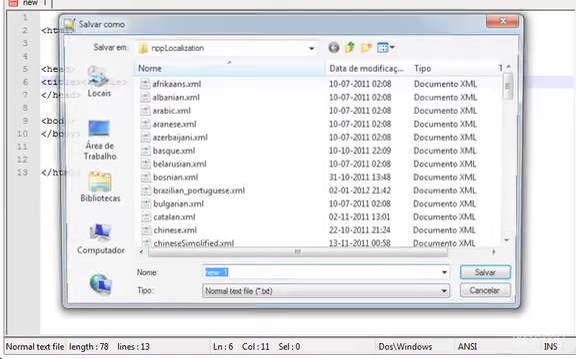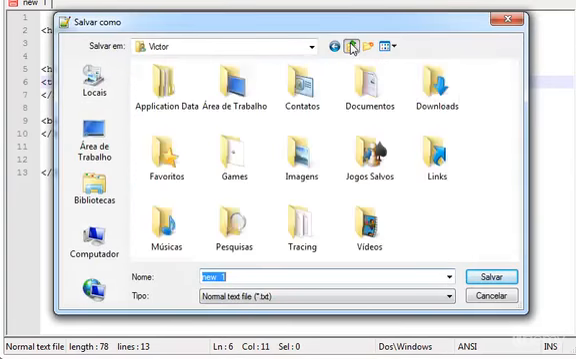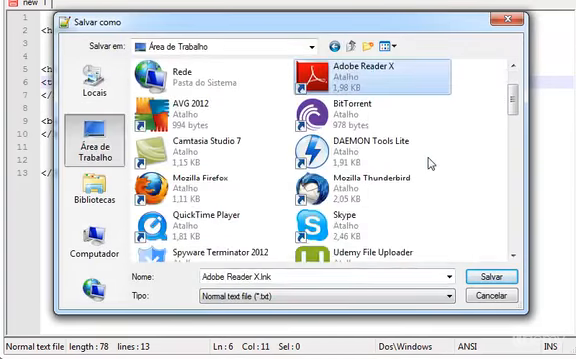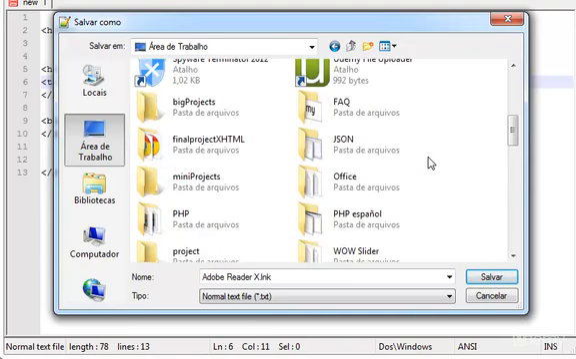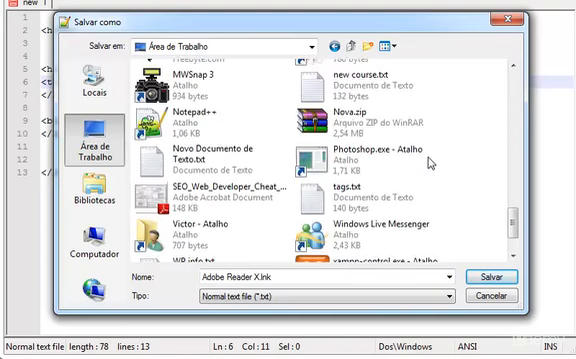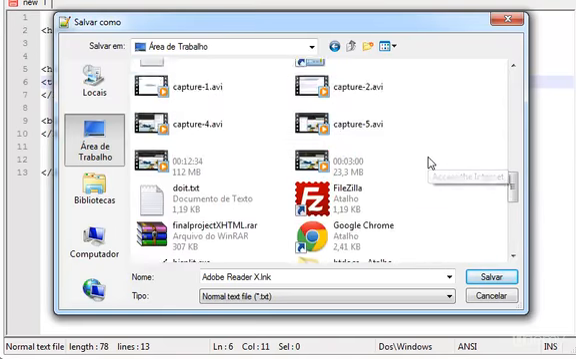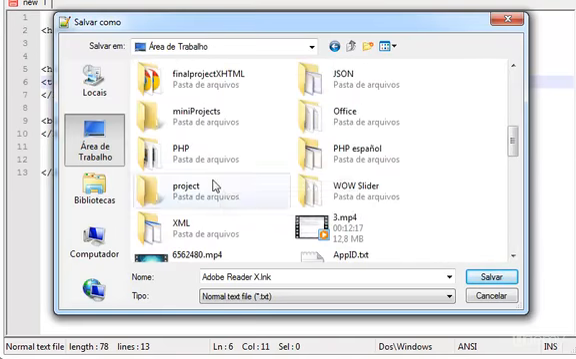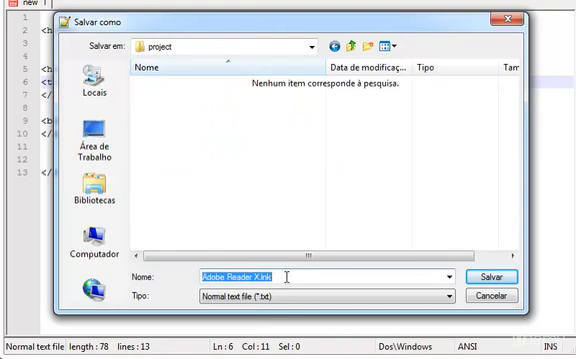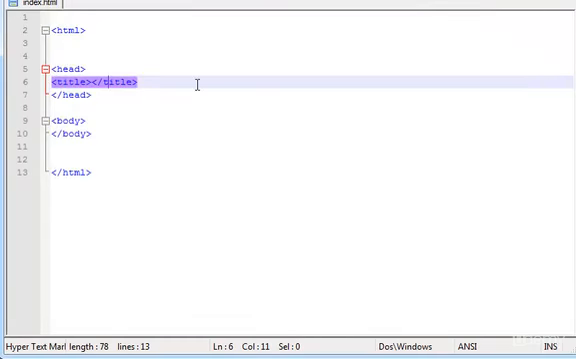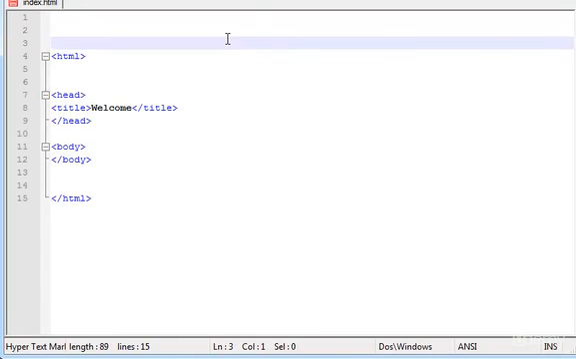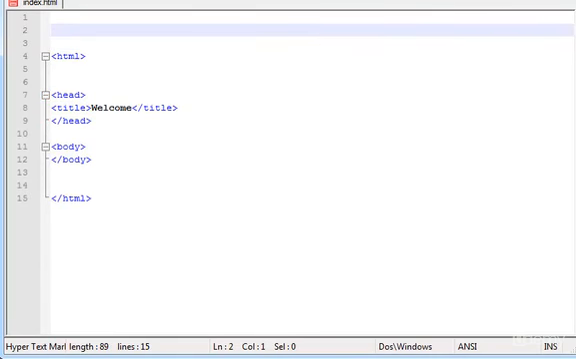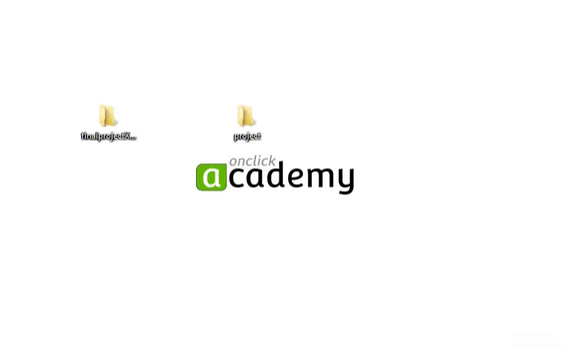Let's save this. I'm gonna save this as, let me see, where's the project folder. Here it is. I'm gonna save this as index.html, okay, which is going to be our main page. Now in the title you can type welcome. Okay. Now here at the top we need the doc type declaration, and to see the doc type declaration that